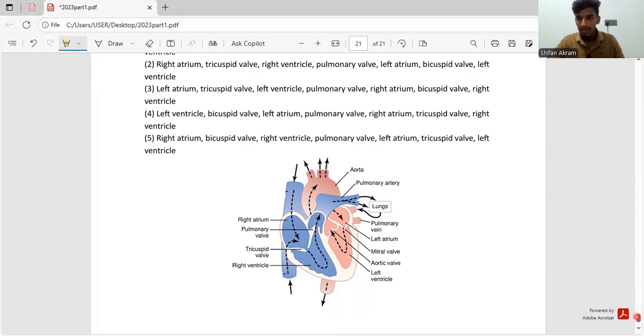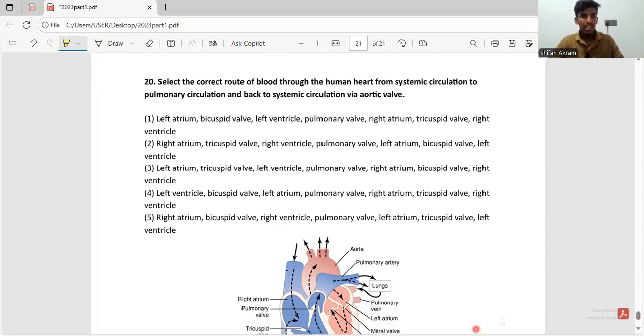So now let's go to the answer. First we have the right atrium, then we have the tricuspid valve, then right ventricle, then pulmonary valve, then we have the left atrium, then the bicuspid valve and the left ventricle. So the correct answer is the second one, right? So here we have the right